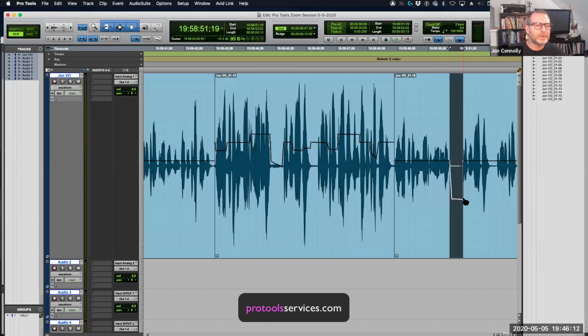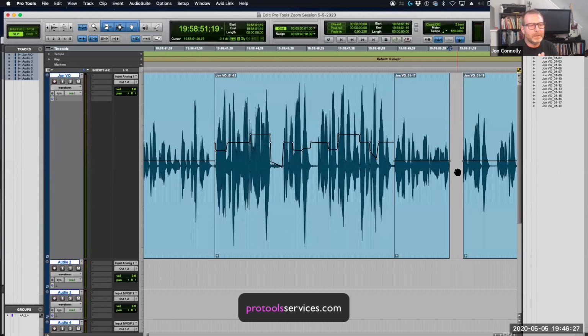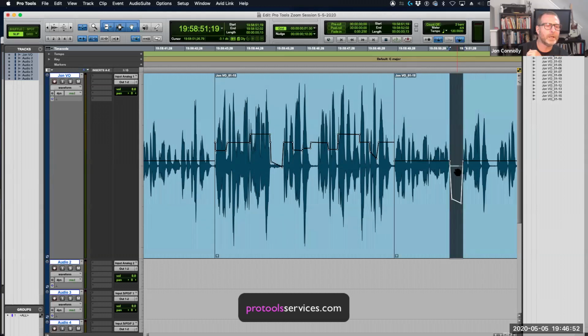And again, I would ramp it so it's not a right angle. And this is kind of cool because it reduces the volume, but it doesn't create a wide open gap. If I were to just make that selection and hit delete, I could remove it altogether, but it would sound very unnatural. You'd have all these blatant silence bits in there that would not sound good. Now, if I had a music bed underneath, that could work. But if it's just dialogue by itself, an audio book or spoken word, having these empty silence bits would sound very, very unnatural. So I'm going to undo it.